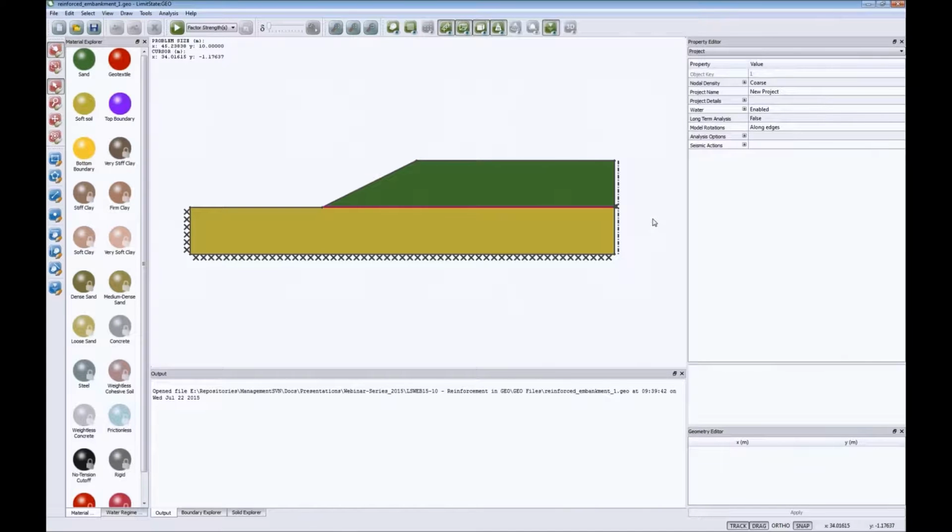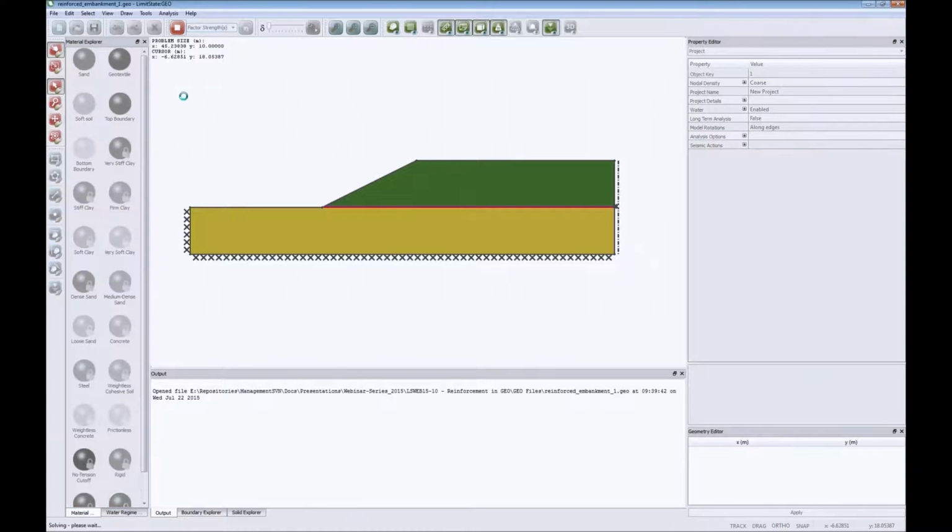Now, I said that we can ask the software two questions about an ultimate limit state analysis. How much bigger does a load have to be to cause collapse? We can also ask it, how much weaker does the soil have to be to cause collapse? And that is essentially giving you a factor of safety on strength. So here, these modes are changed up here, factor load or factor strength. So in this model, we're going to work on factor strength. So we're asking the software, what do we have to divide the soil strength by for this system to collapse? So if I just click solve again,